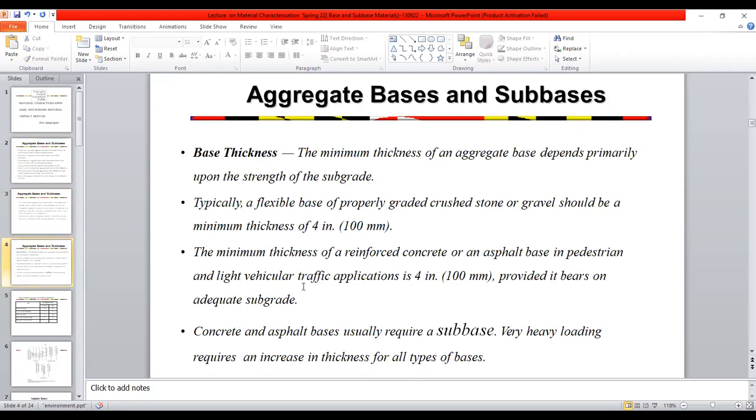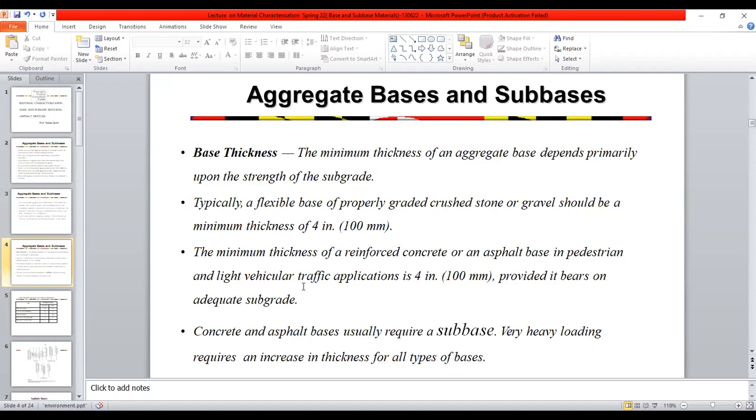Normally, the minimum thickness for aggregate base depends upon the strength of the subgrade, but generally 4 inches is always recommended. This is a flexible base of properly graded crushed stones.